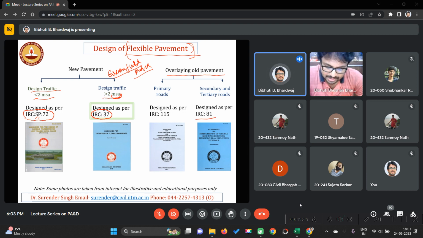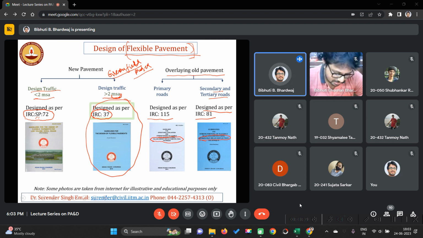IRC 81, which uses the Benkelman beam. This method is used for secondary and tertiary roads, that means state highways, major district roads and rural roads. And for primary roads such as NH or expressways, we have to use IRC 115. Here the falling weight deflectometer instrument is used, and for IRC 81 the Benkelman beam deflection technique is used. So today we will be discussing